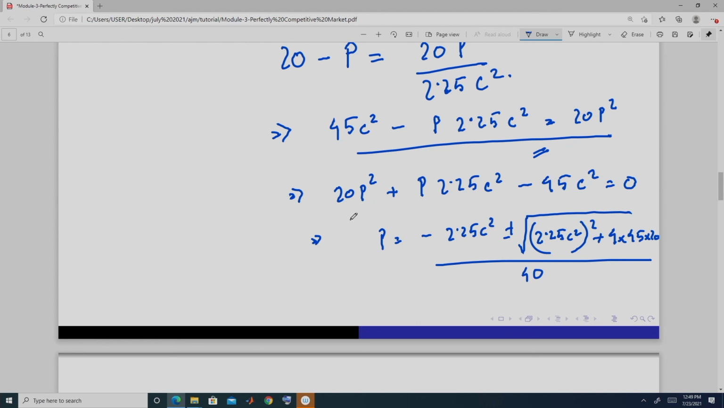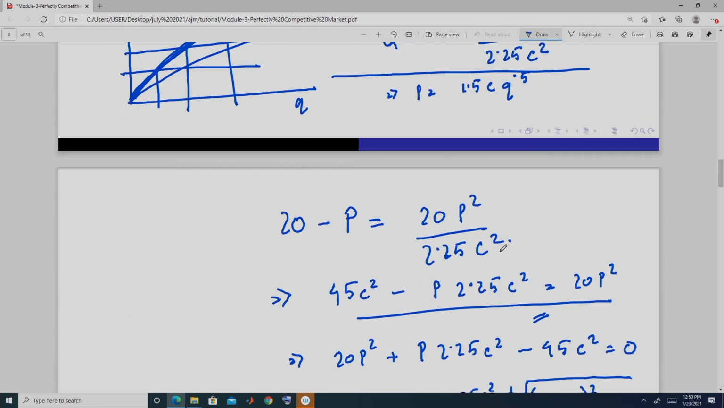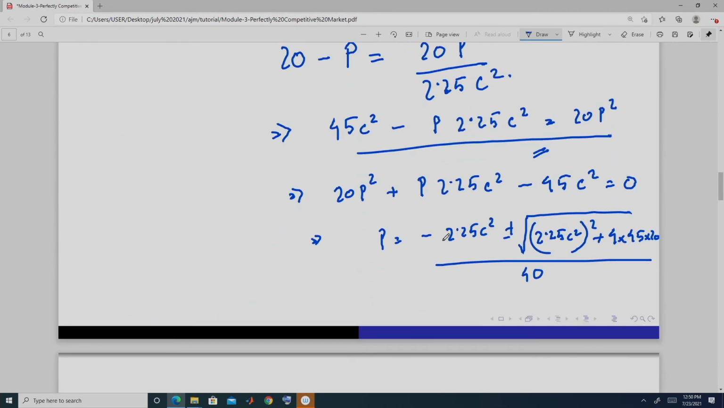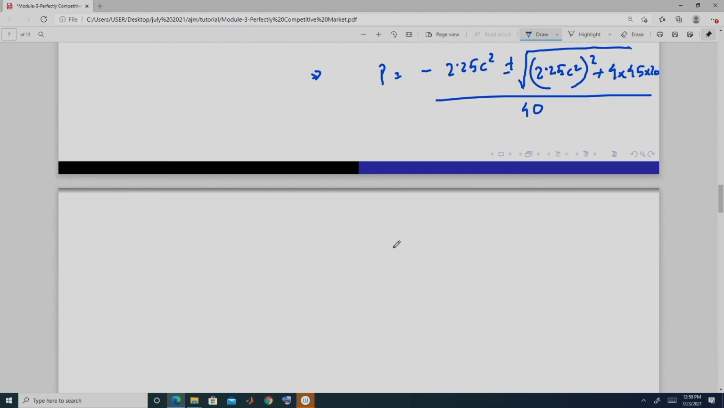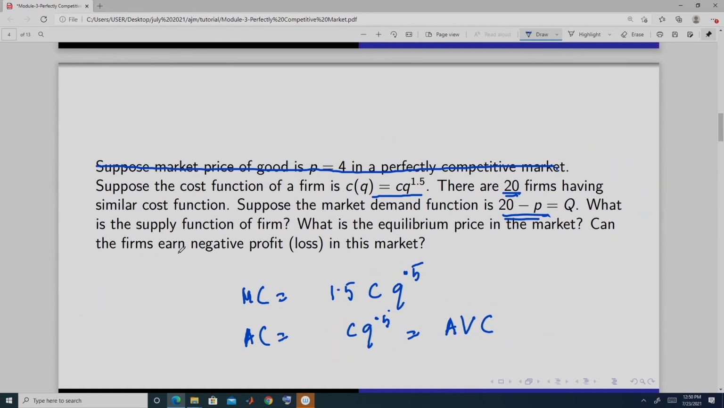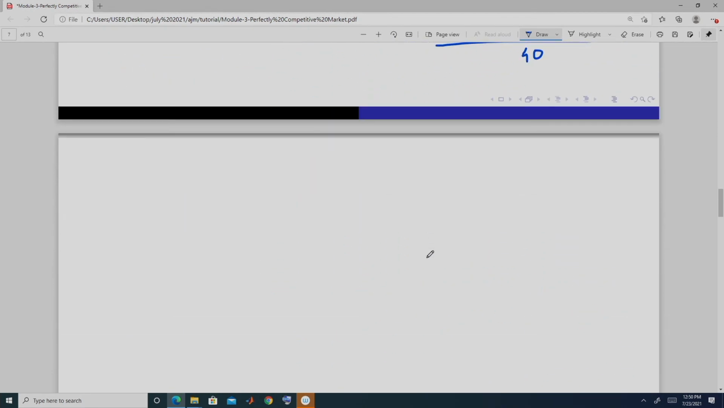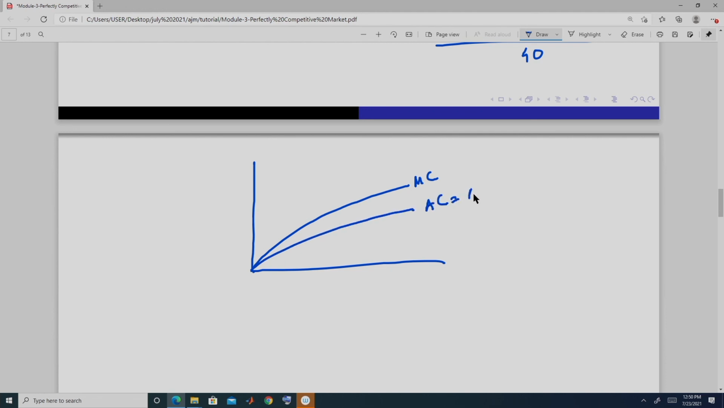Now, here the question is what is the market equilibrium price. One root will be a negative price, another will be positive. Negative price is not possible. So, the positive one is going to be the outcome. Next, the question is whether the firms can earn negative profit in this market. Now, see, this is an interesting part. Marginal cost is this, average cost is this, which is equal to average variable cost. You take any market price,